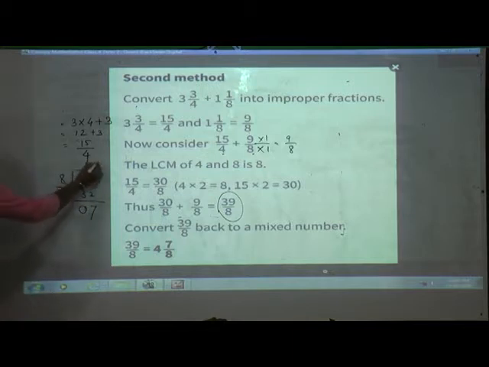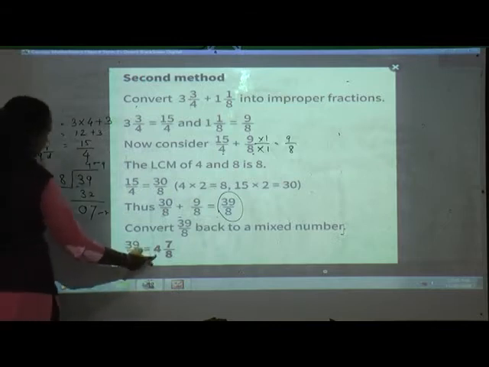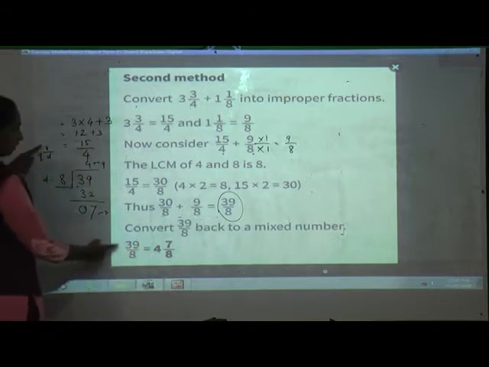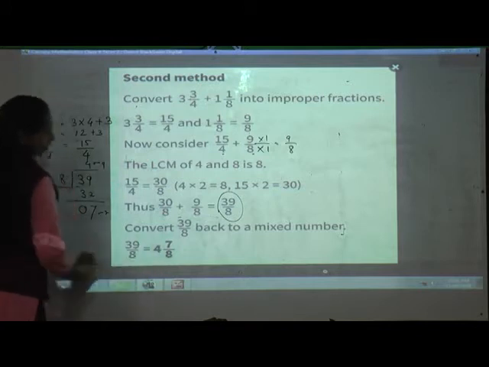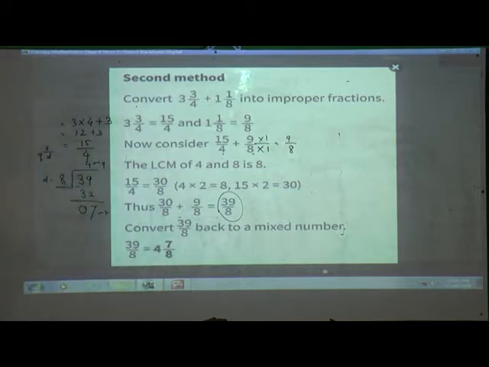So this is quotient, this is remainder, this is denominator. So how do we write? Quotient, remainder upon denominator. What is the quotient? 4. The remainder is 7 in the place of numerator, and the denominator is 8 in the place of denominator. Clear? Yes. Now we will see the 5th example.